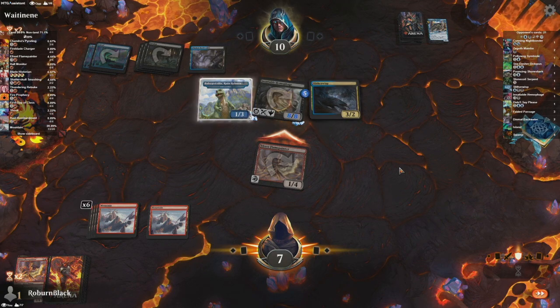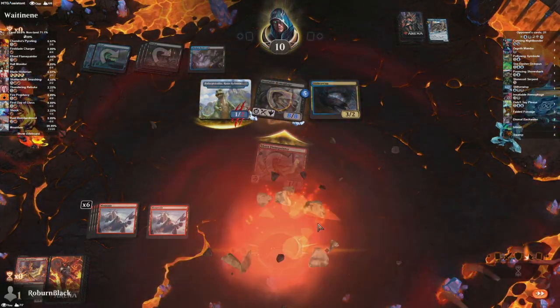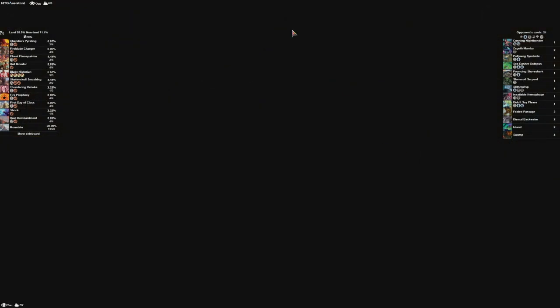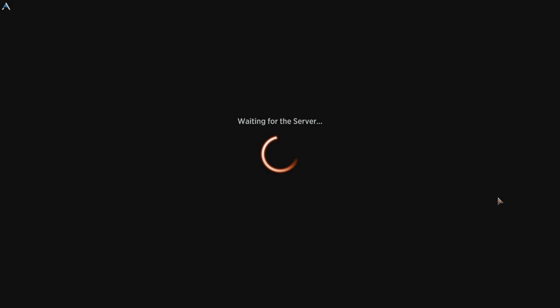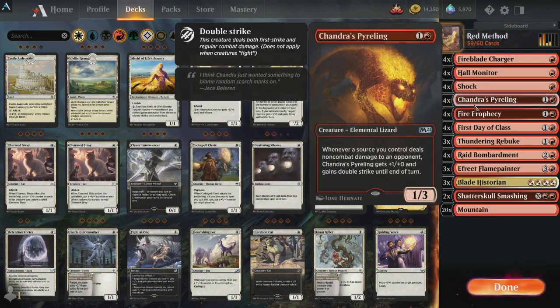Alright, we're going to let this one go. Yeah, this used to be more powerful when Ikoria was new. I think that was pre-rotation. I'm not sure exactly. All right, let's get Homeboy a hat here, man, as Egoberto so elegantly put it. What do we want to get rid of with Red Method? How many Flamepainters we got? We got 3 Flamepainters. Let's lower that, and let's put a...